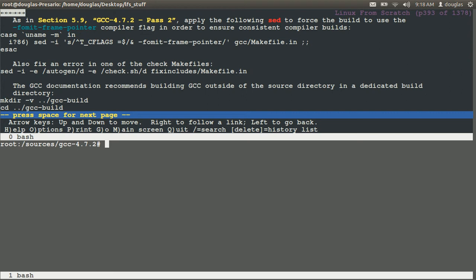Control Control Tab. Pull this down a little bit, and apply the following. Set to force the build to use the -fno-omit-frame-pointer compiler flag in order to ensure consistent compiler builds. Okay. So we'll do that. Say case backticks uname -m in